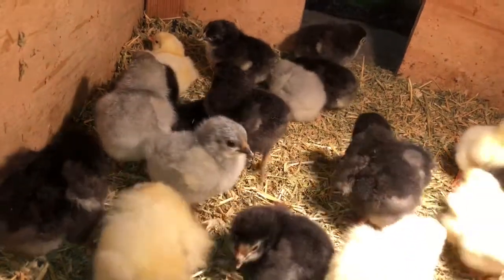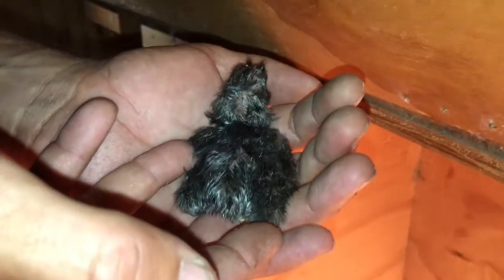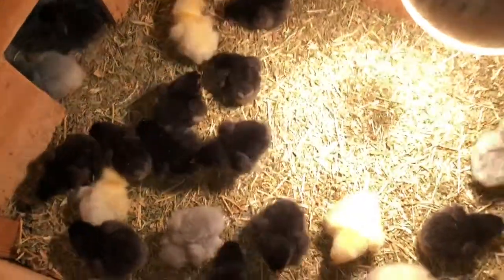This one's still fresh born by the looks of it. He hasn't been hatched for very long at all, or her, hopefully. Still a little bit wet, but nice and fluffy. It'll be okay. The first one started hatching about 3 days ago. After 3 days, that's when they really need